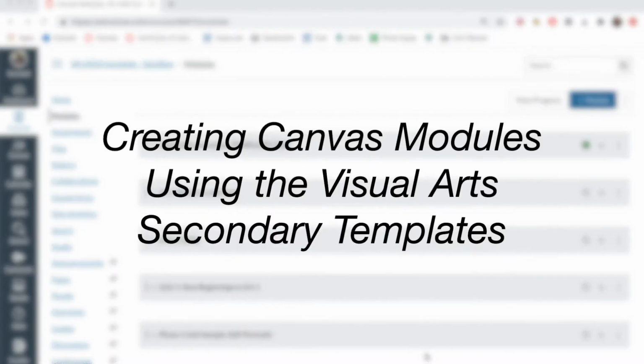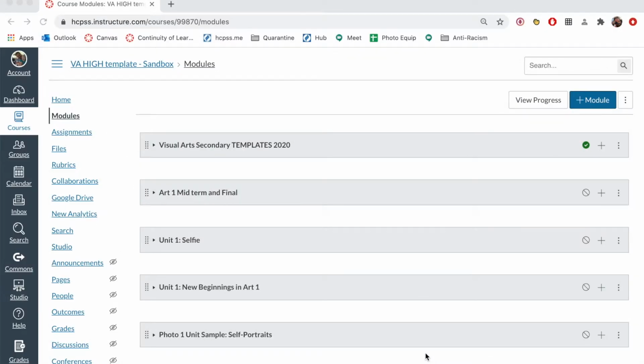So we're going to be importing some visual arts templates into our Canvas course in order to modify and update modules that we already have in Canvas to be used for the 2020-2021 school year. So the first thing I'm going to do is go to the Commons,